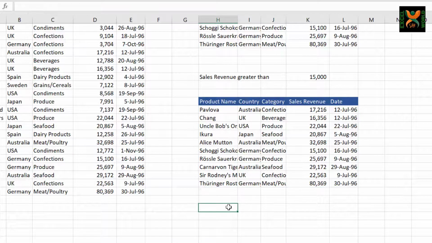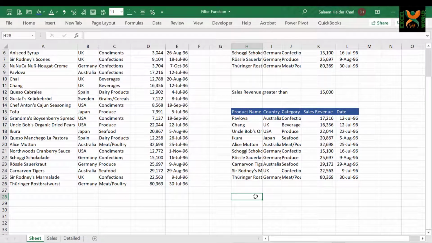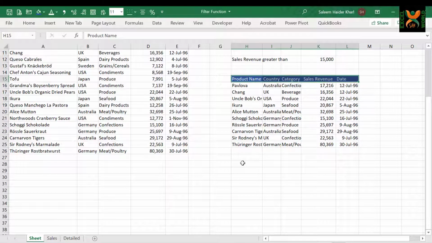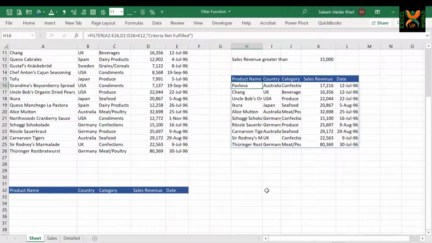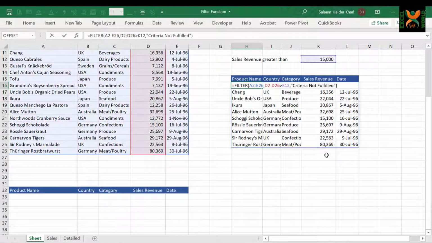So what if I want to move the results from this place to any other location? This is pretty simple. It will still keep the link of the results with that of the original data. As the headings are just hard coded, we can copy these to any other location, and we just need to copy the first cell in which we applied the formula, and the rest was just a spillover effect. So copy the first cell.